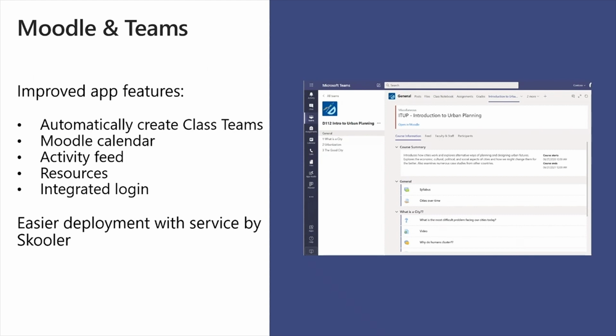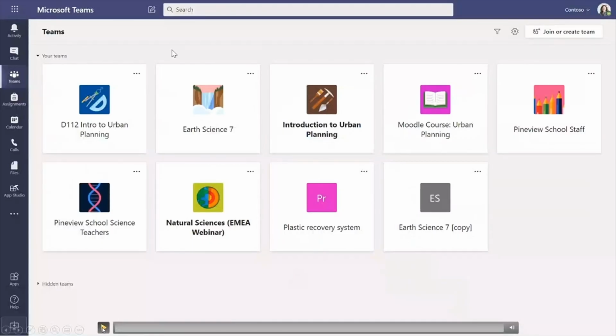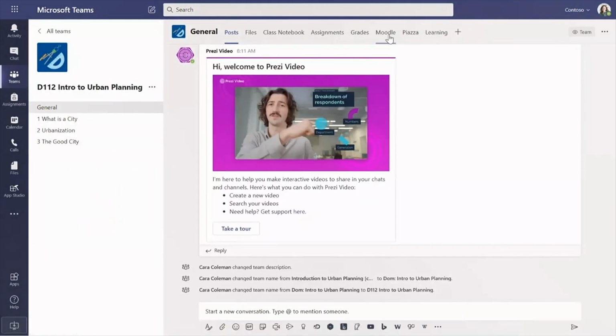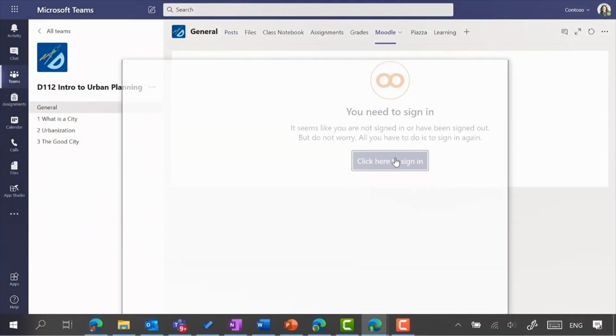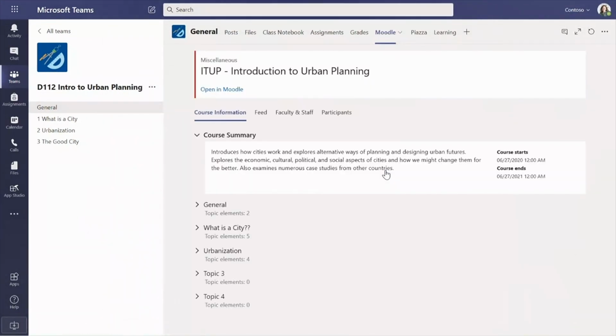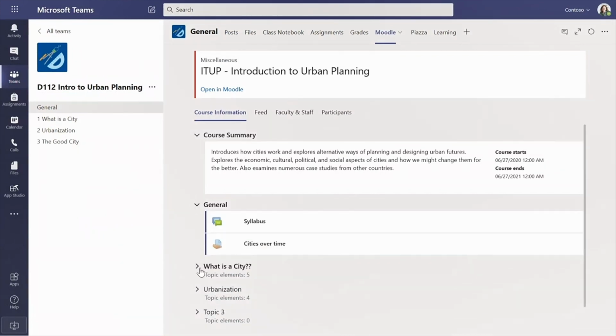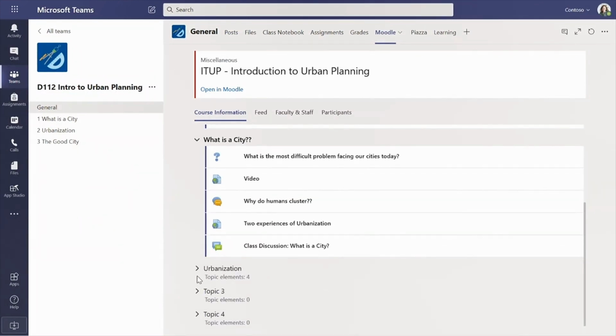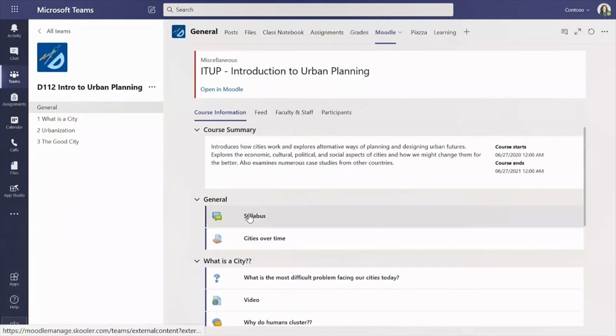So let's look in a little more detail at how that actually looks. We're going into our course, and you see here that we have a tab for Moodle. We're just going to click on the sign in button. You see immediately it picks up the username and password automatically. And here I have a number of resources that I bring in directly from Moodle itself.